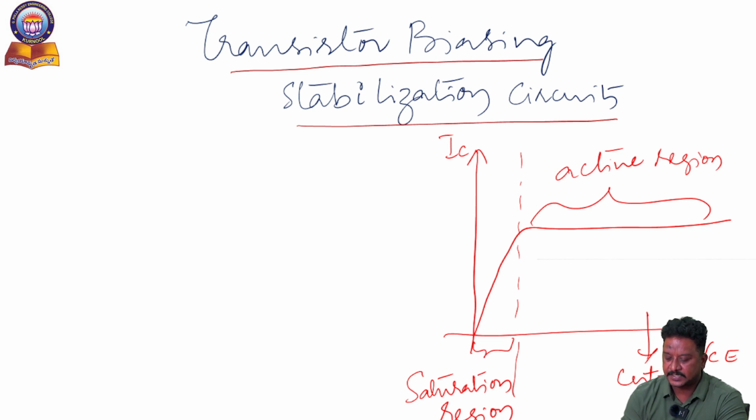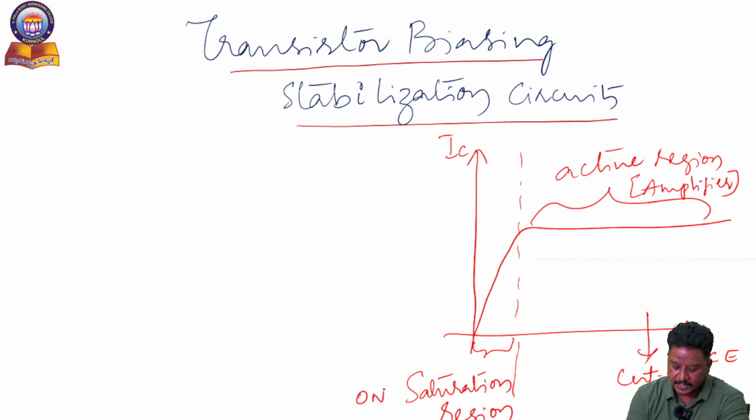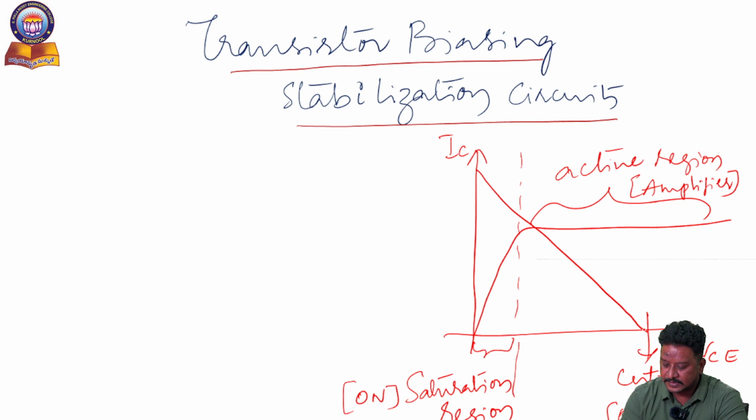So in the previous session, I concluded that the active region can be used as an amplifier if you operate the transistor in this region, the saturation region can be used as an ON switch, and the cutoff region can be used as an OFF switch. Anyway, if I want to find out in which region the transistor is operating, we require the DC load line initially. So first I am finding the DC load line, the two points where the DC load line explains